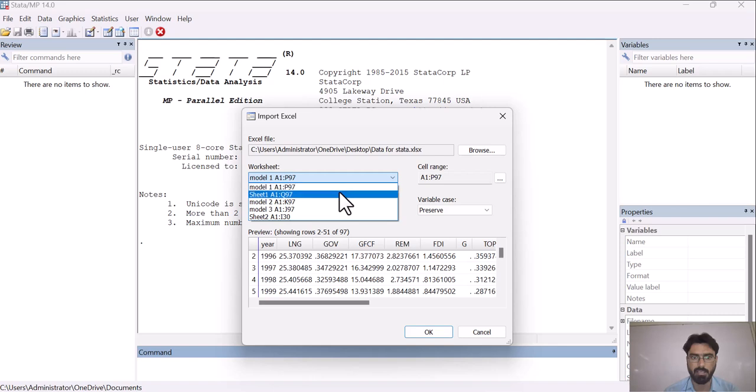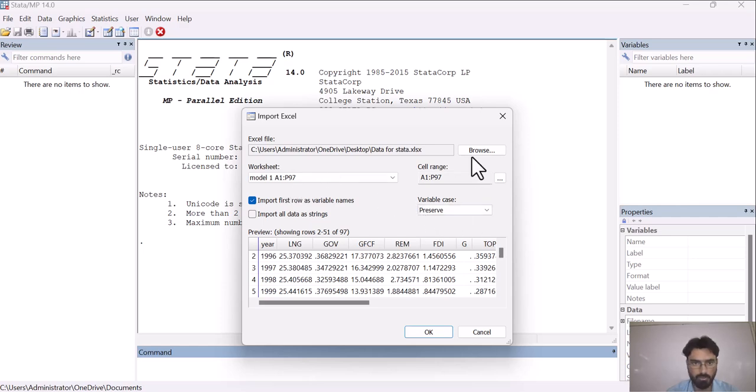This is the whole spreadsheet of Excel, and here it is asking whether you want to import the whole Excel sheet, or only one sheet from the worksheet, or only one sheet from the Excel file. If I go with this option, it will bring only one sheet from the whole worksheet of the Excel file, and as my whole worksheet contains 5 different sheets, if you want to bring only one worksheet, then you have to click on your desired worksheet, and it will bring only one sheet. But if you go with this option, let's say I am going with this option, so we are done here.